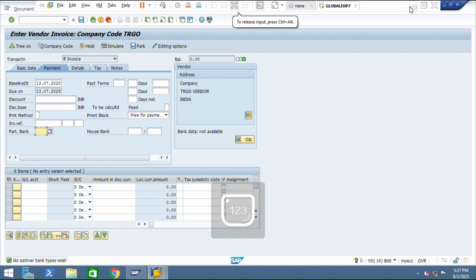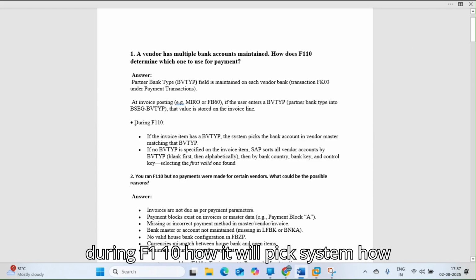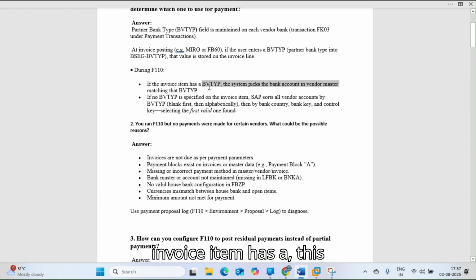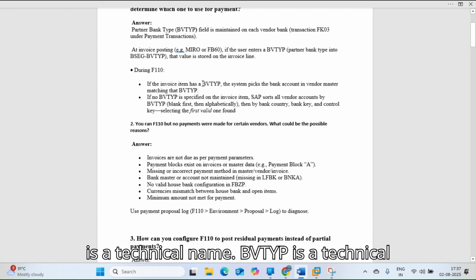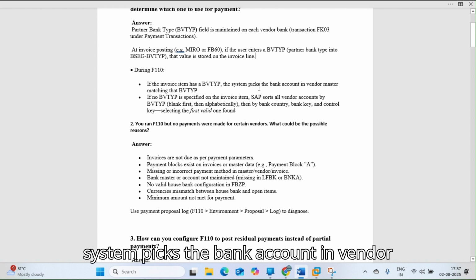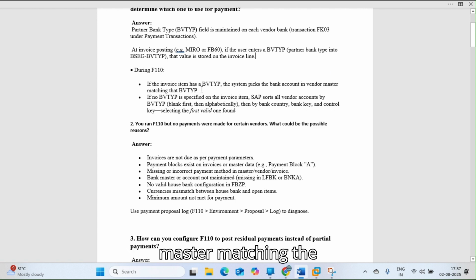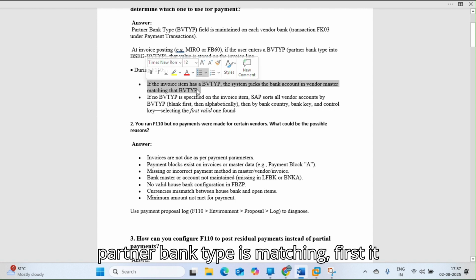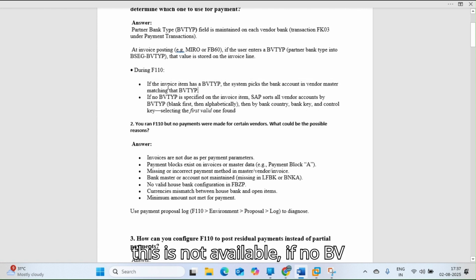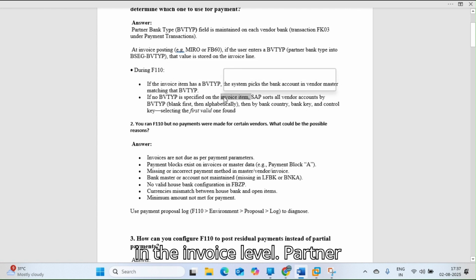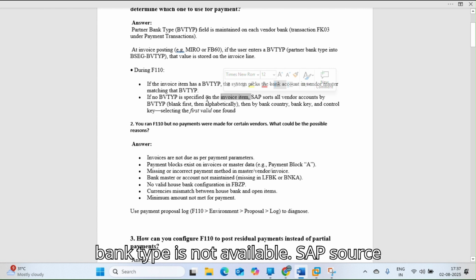And during F110, how will the system pick, how does it behave? First, if the invoice item has BVTYP, this is the technical name of the partner bank type, the system picks the bank account in the vendor master matching the BVTYP. BVTYP means partner bank type. If the partner bank type is matching, first it will check from the invoice level. If no BVTYP is specified in the invoice item, so at the invoice level, the partner bank type is not available,